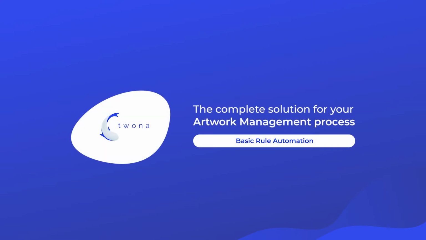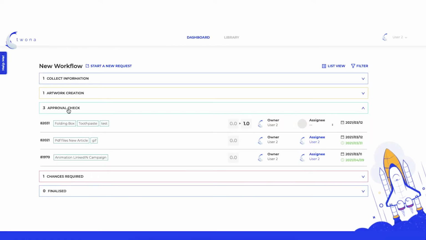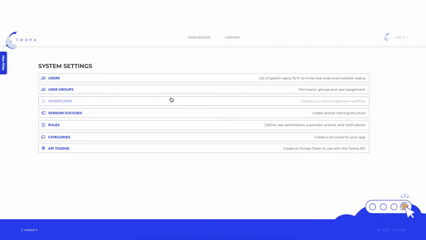In this video, I'm going to show you how to do a rule for automation. First of all, we have a request in approval check. We want to make sure that when we move it from approval check to finalized, the version status also changes to approved. So first of all, navigate to the system settings, to the rules,